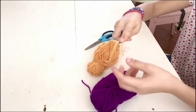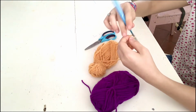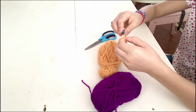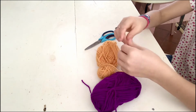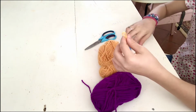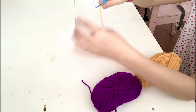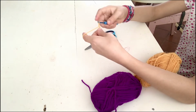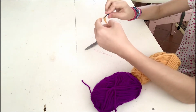We're going to take it like this, leave a little tail here, and make once like this and twice. And then you can start doing it, or you can just do like this. Take it, make one like this. So now you point the needle towards the longer one. Now you're going to make like this, around 6 of these. So 1, 2, 3, 4,